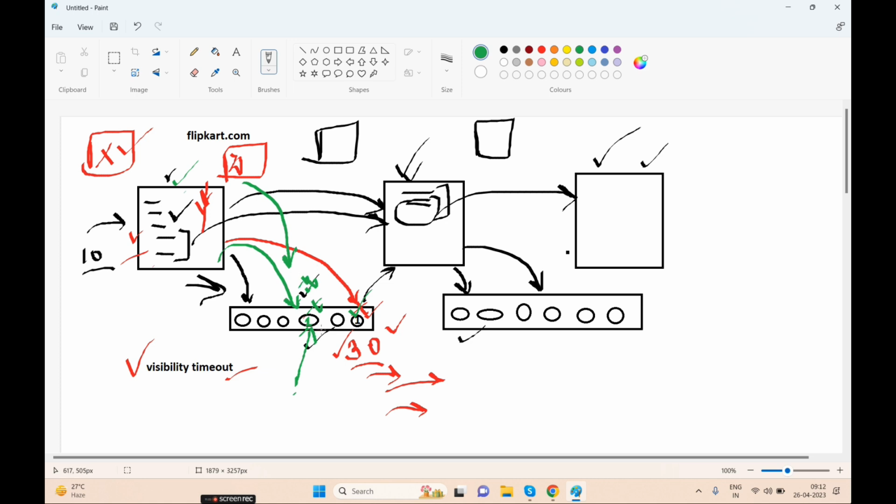Again and again this is happening. Unnecessarily, my system is getting busy with that request, because that request itself is not good. There is no issue with my system, that request has some bug.